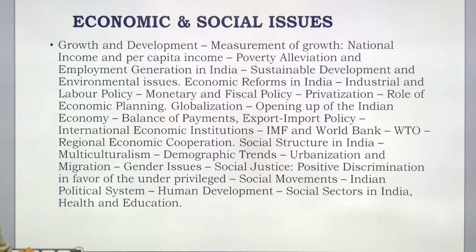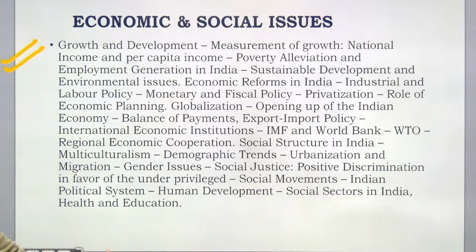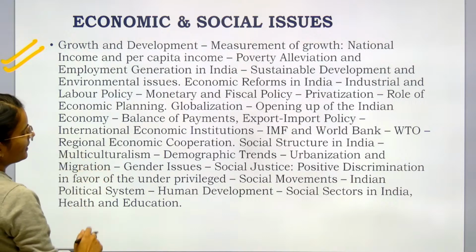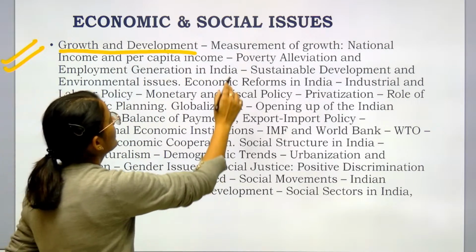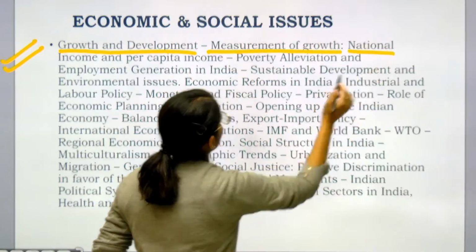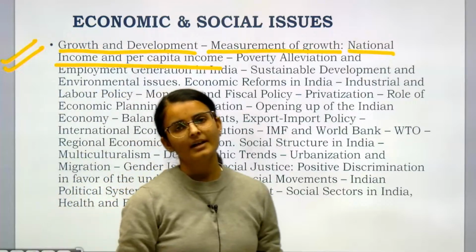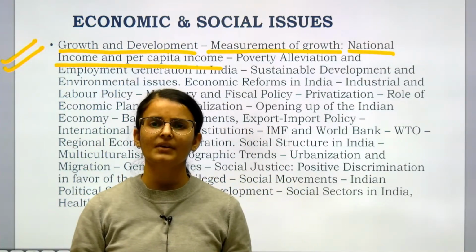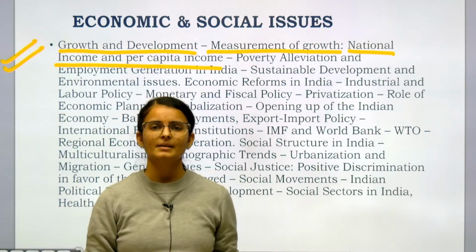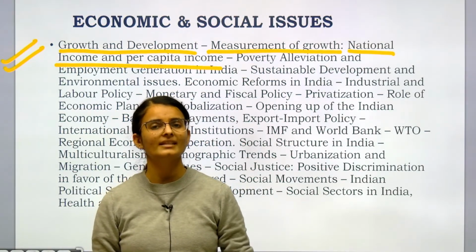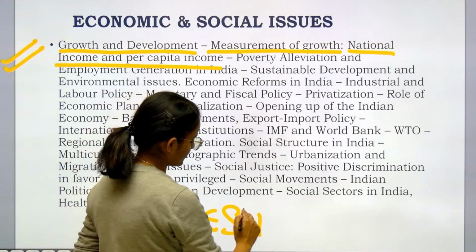Okay. So see, this is the syllabus, okay? Economic and social issues, that is ESI. Let's discuss each topic, okay? Growth and development. What does it include? There is also measurement of growth and national income and per capita income. So all the static part, how national income is calculated, what are the various methods of calculating national income, what is development, what is sustainable development, everything will be covered, whether static, and basically ESI is majorly focused on current issues, okay?